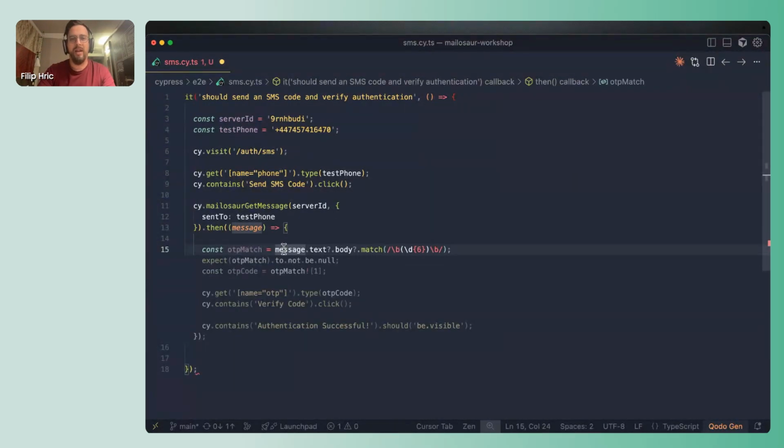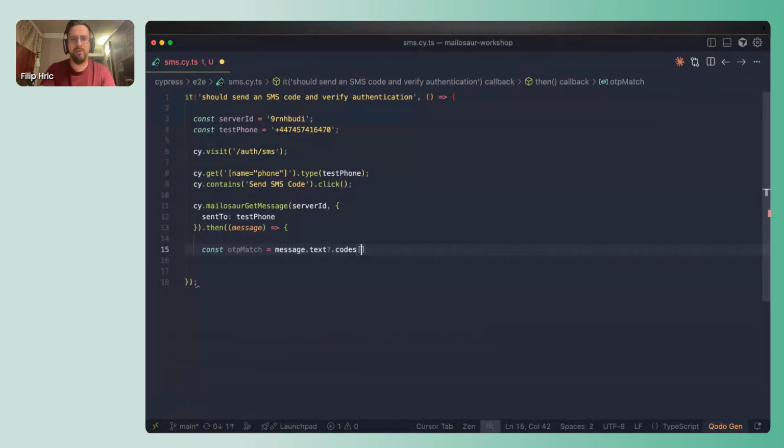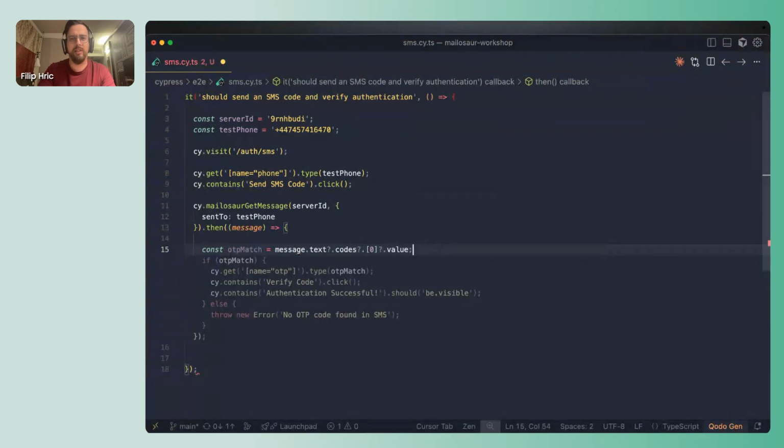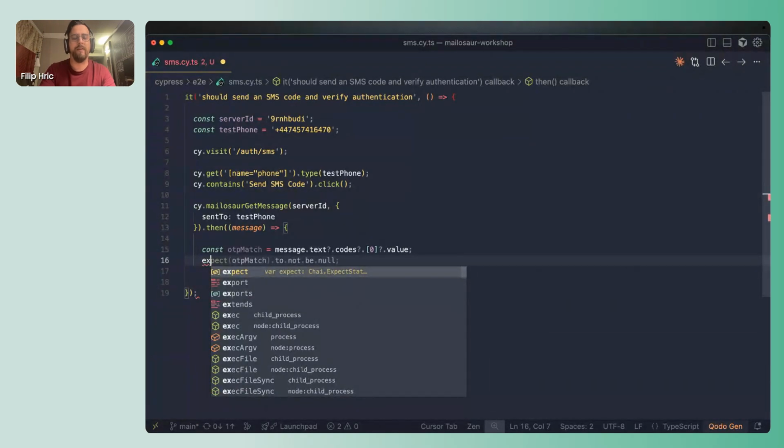You can do an OTP match, find the match. I actually wanted to access the message text codes, access the first code that is available and its value, and write an